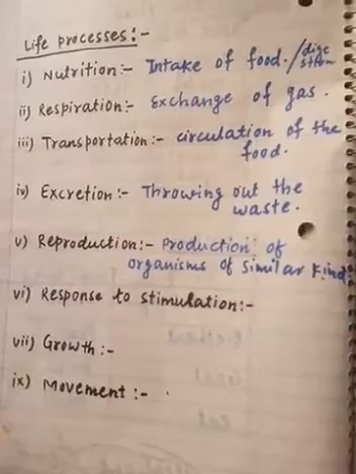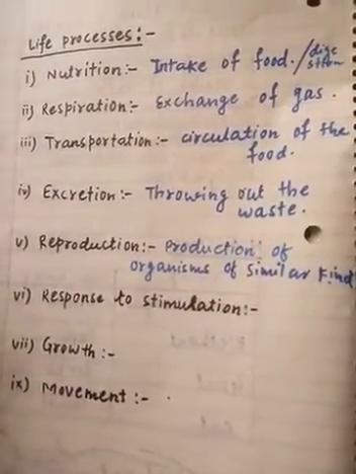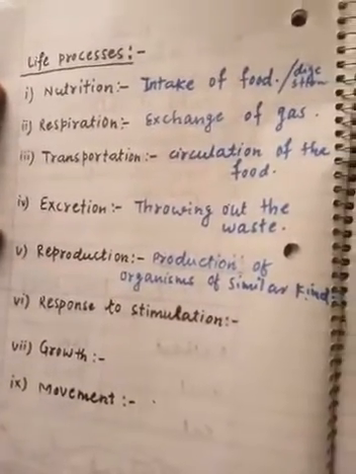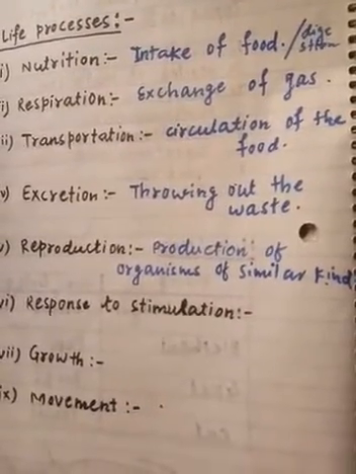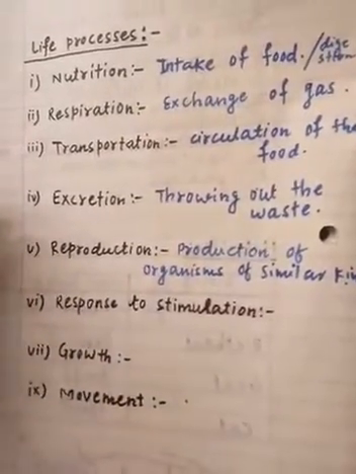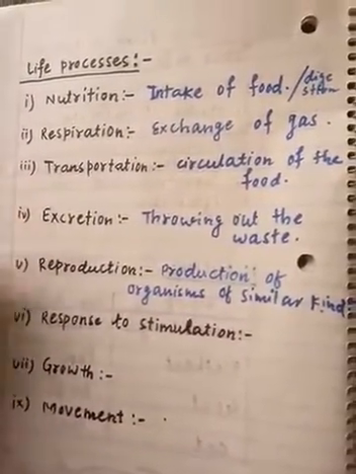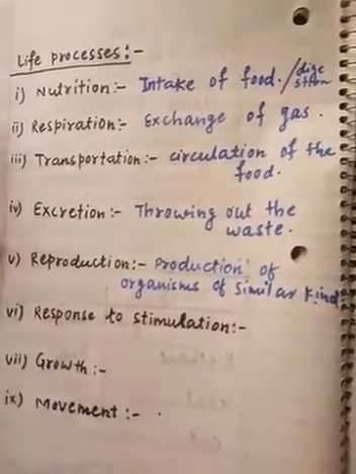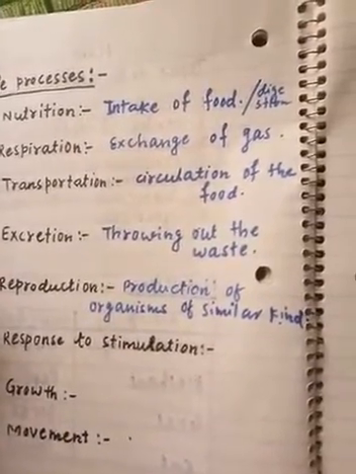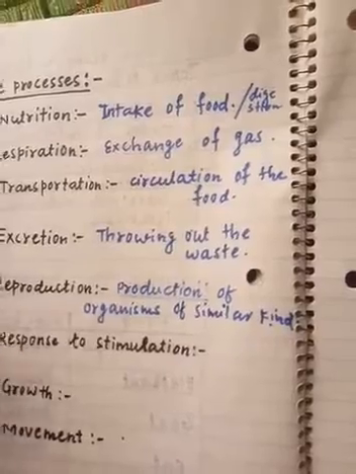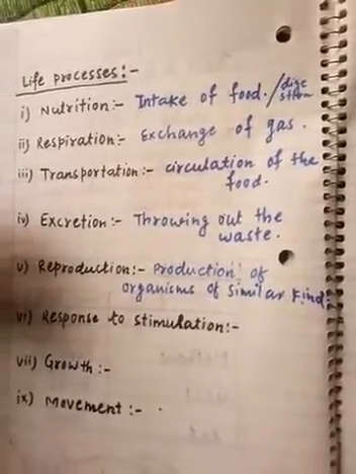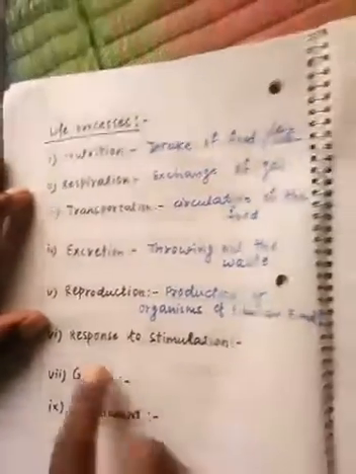So if something unwanted is happening in the surroundings, which our body is not able to sustain, then our body or the mind responds to the organs, and our organs respond to that. That is known as response to the stimulation. Not only we, our plants also respond. For that you can take the example of the touch me not plant.